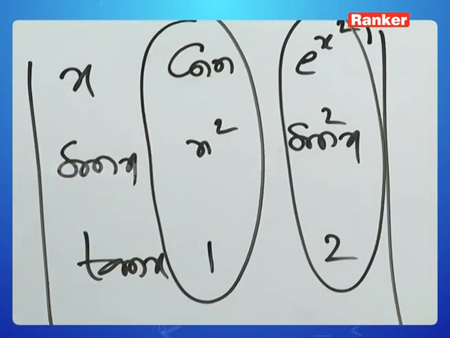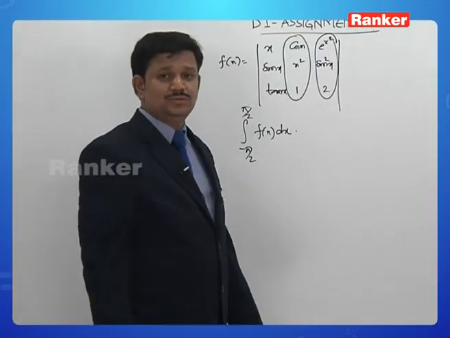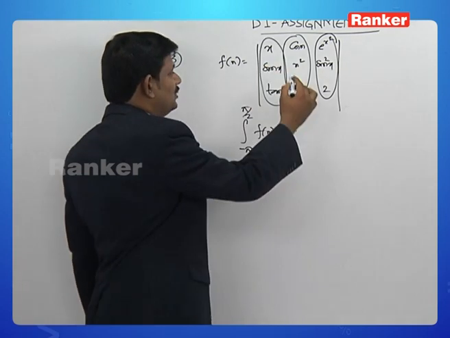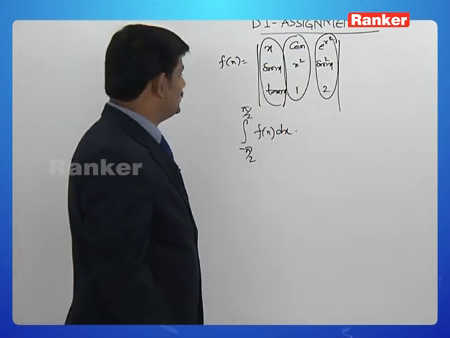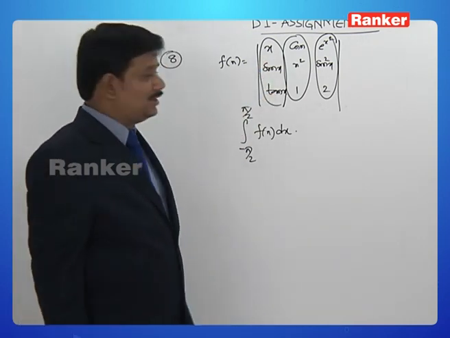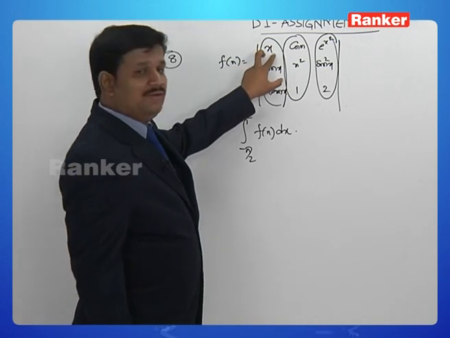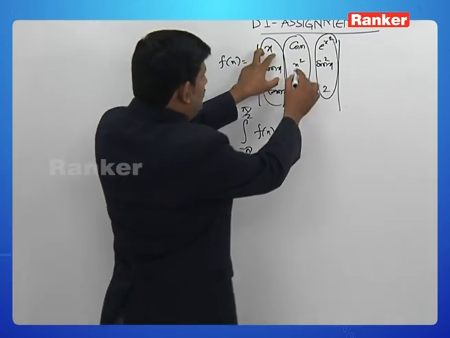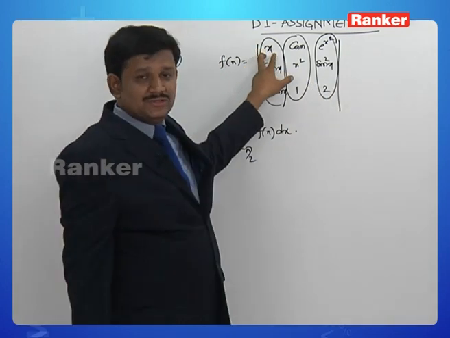e power x square is an even function, sin square x is an even function, 2 is also an even function, and in the first column we can see all functions to be odd functions. x is an odd function, sin x is an odd function, and tan x is an odd function. If I visualize the evaluation of the determinant by first column, x into some combination of even functions, so I